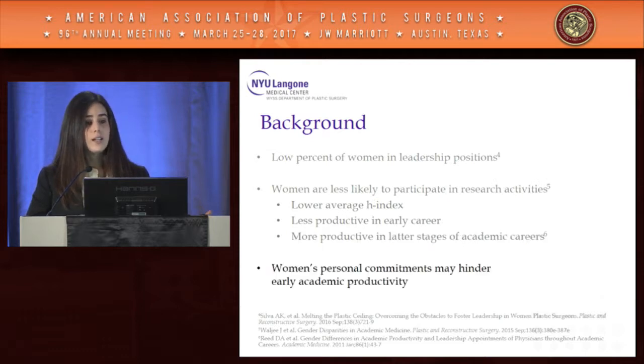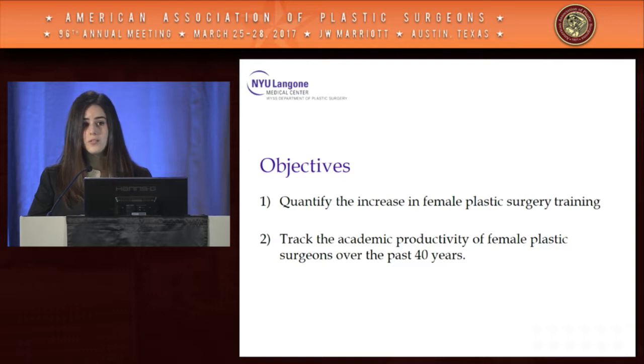Some may attribute these findings to women's alternative or preferred lifestyle choices early in the career, but no driving cause has yet to be identified. Nevertheless, we believe that among women who do delve into plastic surgery, they have made substantial contributions to the academic literature. Therefore, the objective of our study was first to quantify the increase in plastic surgery trainees of women, and